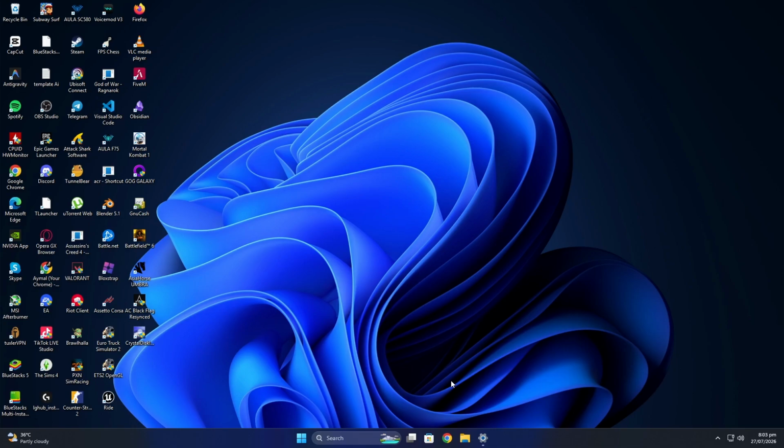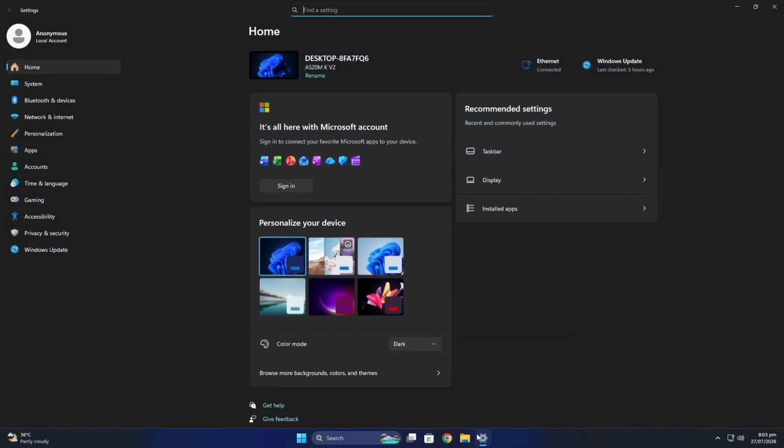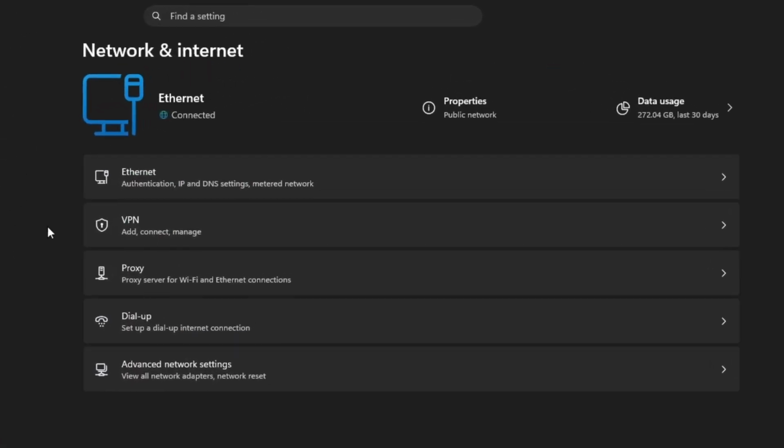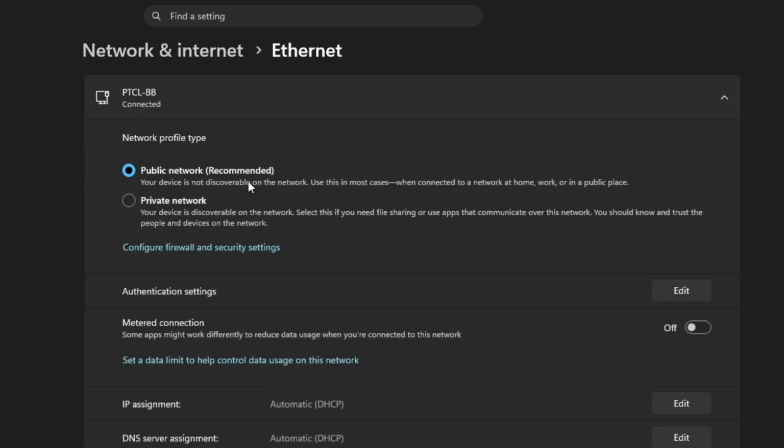Finally, check your network profile. Open Settings, go to Network and Internet, then select your active Wi-Fi or Ethernet connection. Open its properties and make sure the network profile is set to private instead of public. A private profile allows your computer to communicate more easily with trusted networks and reduces the chance of the firewall